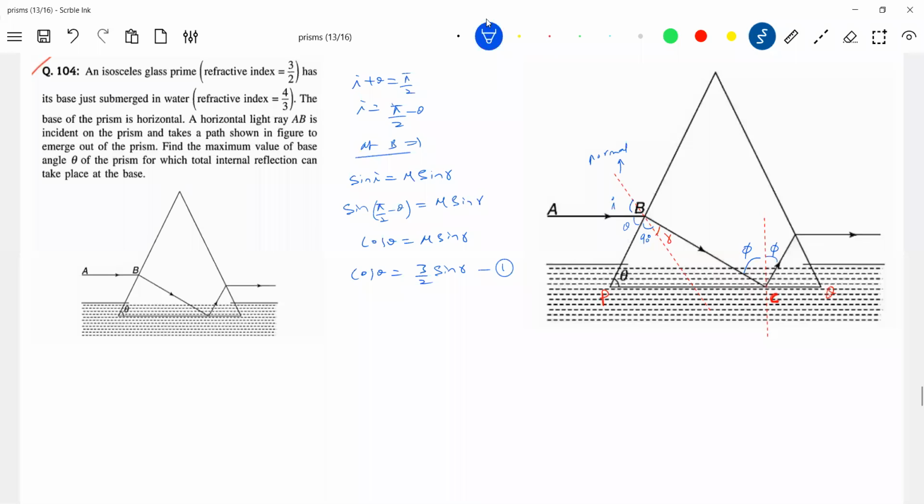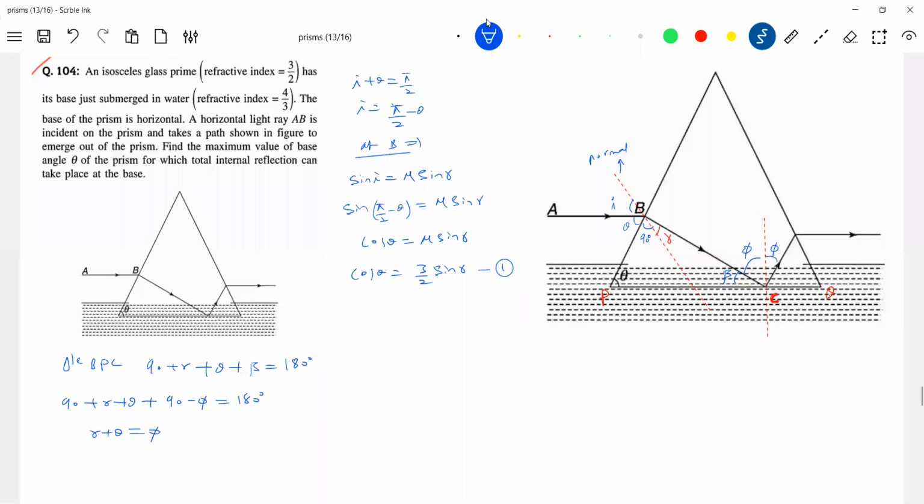Okay, let's get into some mathematics here. What all can we write? This angle, let it be beta. So theta plus 90 plus r plus beta, from the triangle BPC: 90 plus r plus theta plus beta equal to 180. Beta is 90 minus phi, equal to 180. So therefore r plus theta is equal to phi.